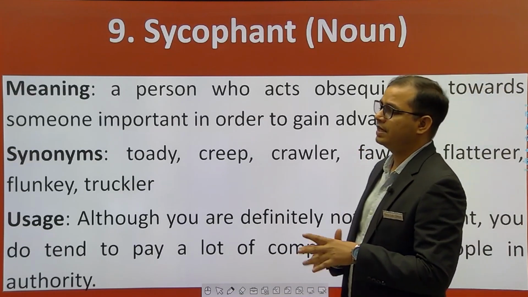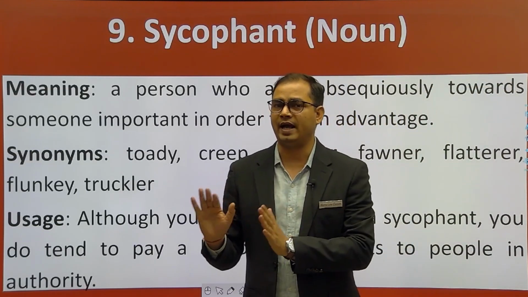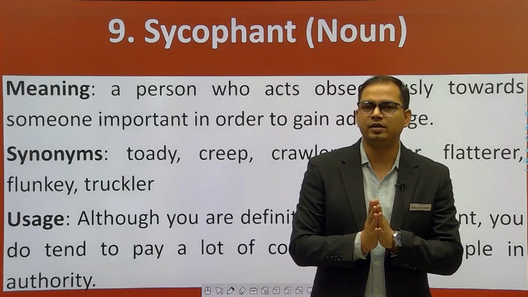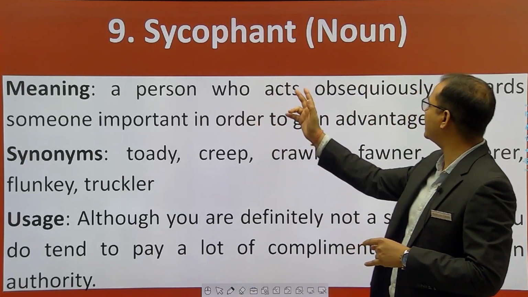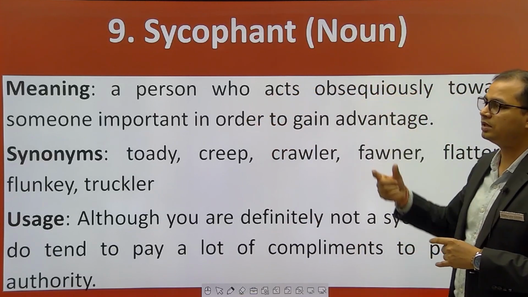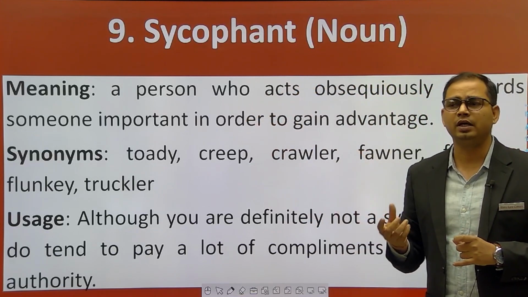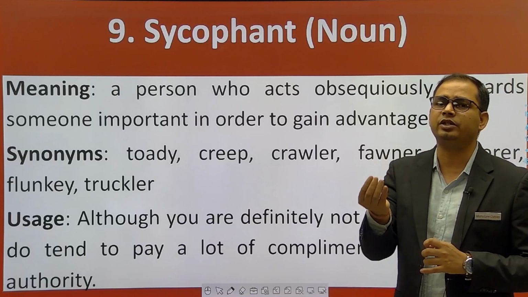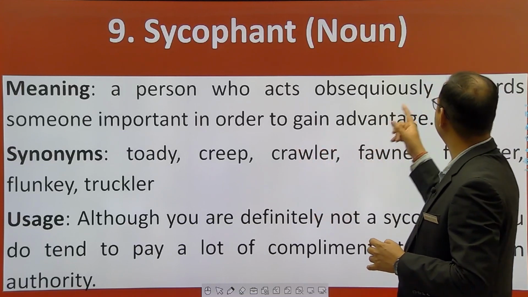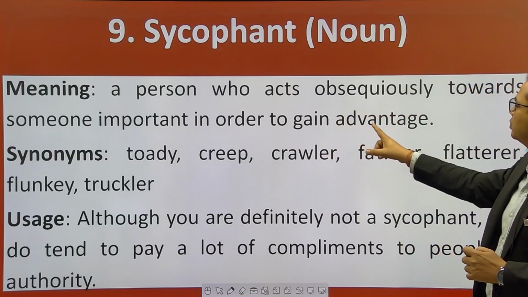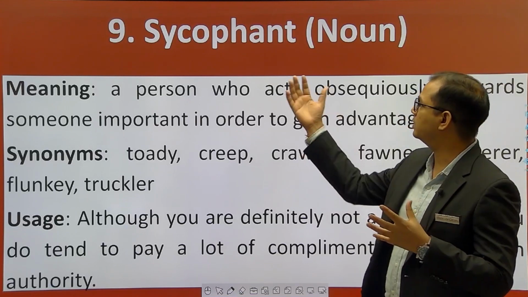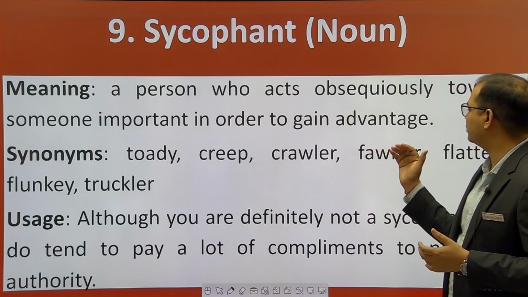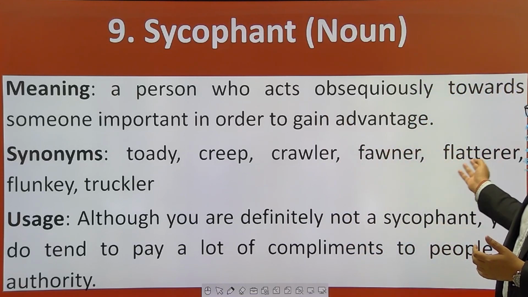Next word is sycophant. It is not psychopath, it is sycophant. Sycophant को basically आप flatterer कह सकते हो, चापलूस कह सकते हो, a person who acts obsequiously. Obsequious मतलब not all that glitters is gold. हर जैसा चीज वो दिखता है जरूरी नहीं हो वैसा हो. That is obsequious, right? Towards someone important in order to gain advantage, है ना? तो चाटुकारिता हिंदी में बोलते हैं, उसे आप sycophant कह सकते हो. Creep, coddler, fodder. These are some of the synonyms.